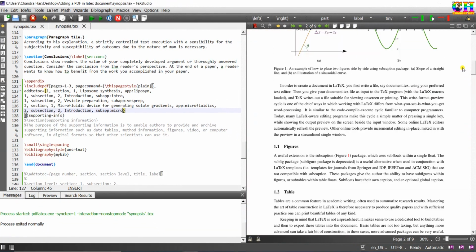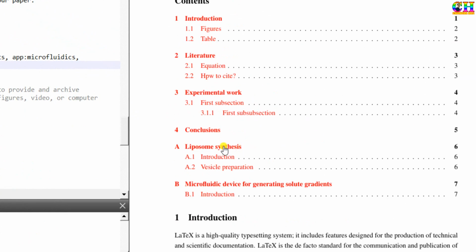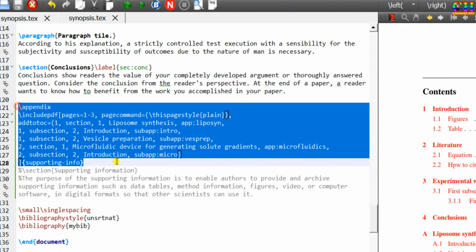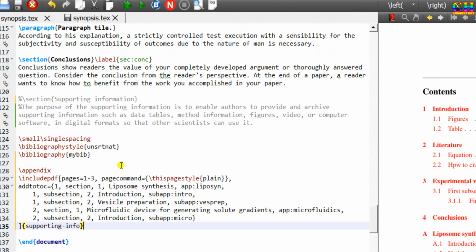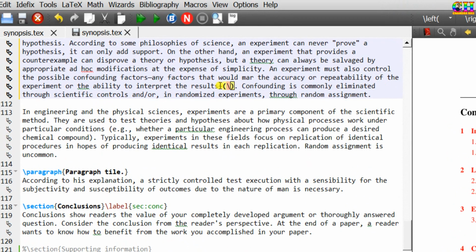Just check your table of contents, appendices are coming. I want to print my appendices after references. This label we can use for cross referencing. For example, I want to refer to this one at this place.